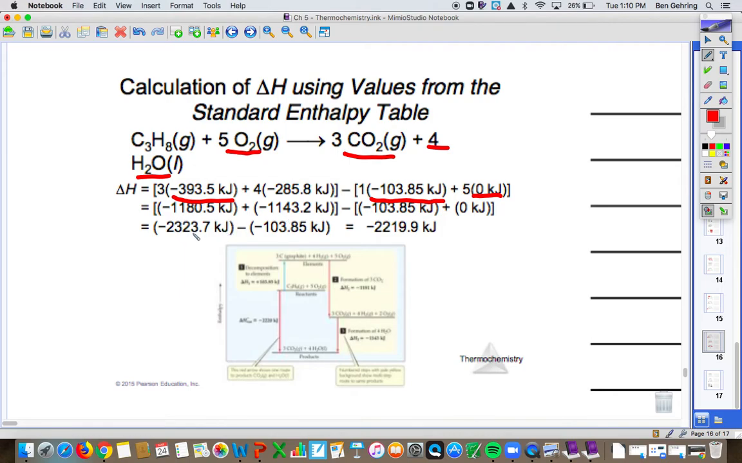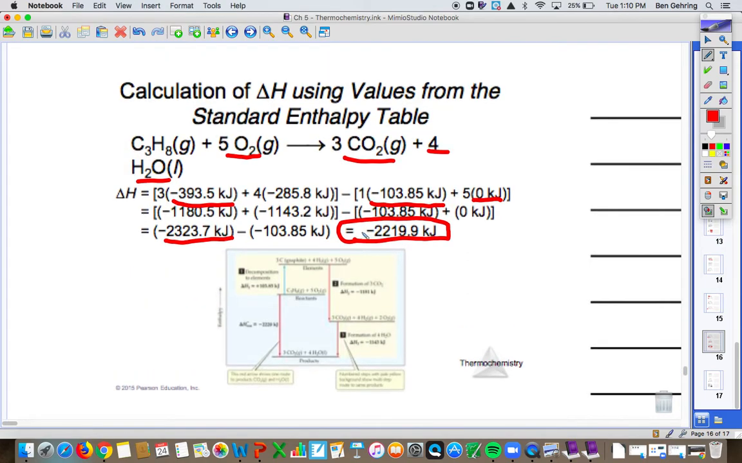A negative plus a negative gives me a big negative number, which is negative 2,323.7 kilojoules. Subtract a negative, so I'm going to add this to it, which is going to give me a final change in enthalpy of negative 2,219.9 kilojoules for the combustion of 1 mole of propane in the presence of oxygen. That is Hess's law,